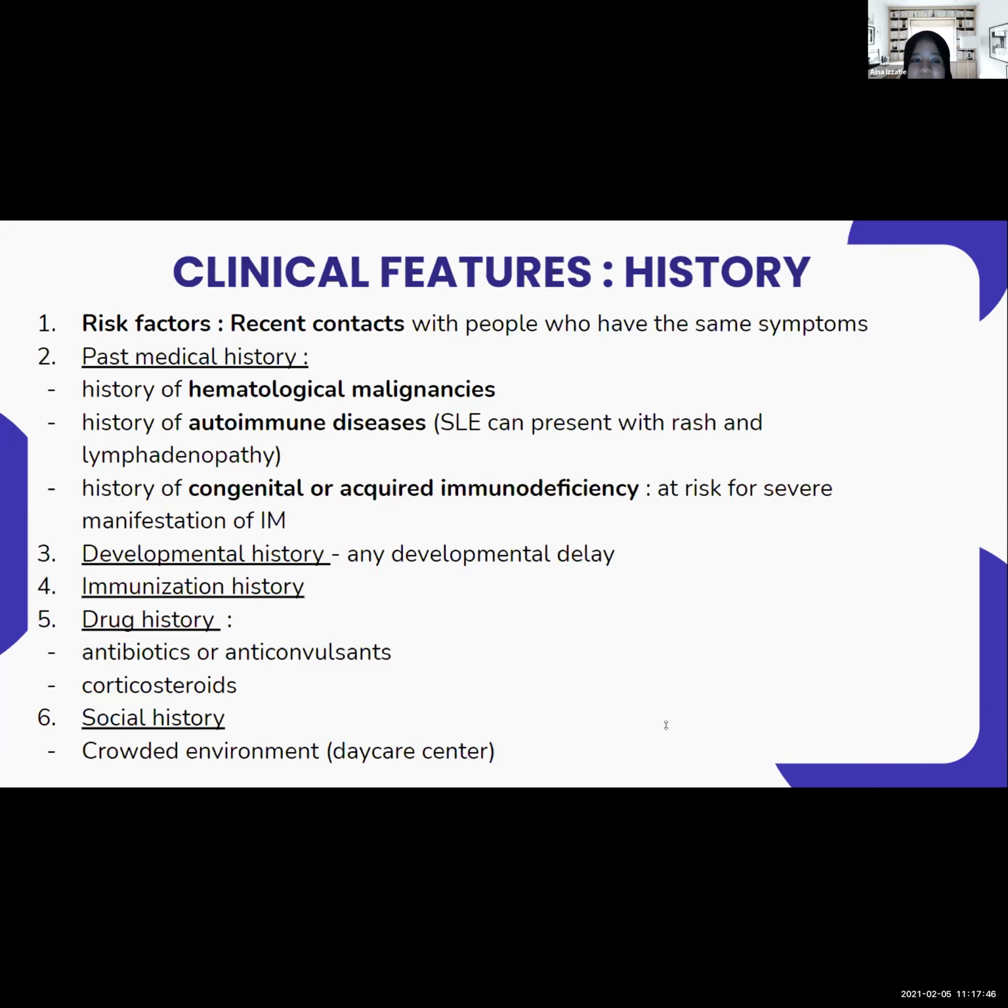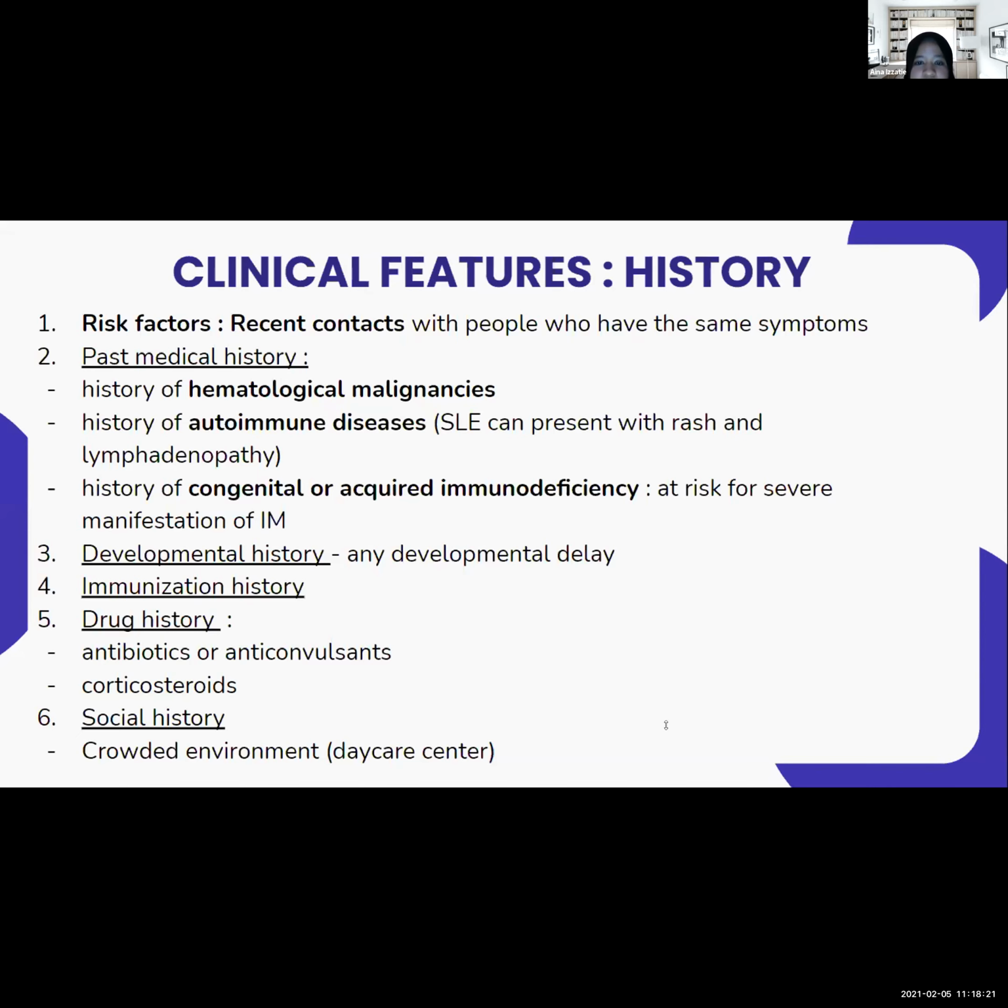And we also need to ask about the drug history, which is if the patient takes any antibiotics or anticonvulsants, because they can have infectious mononucleosis-like signs and symptoms as side effects. And also usage of corticosteroids, because it is an immunosuppressive drug, so it makes the patient more prone to get infection. And for social history, if the patient spends time in any crowded environment, such as a daycare center, where the infection can spread